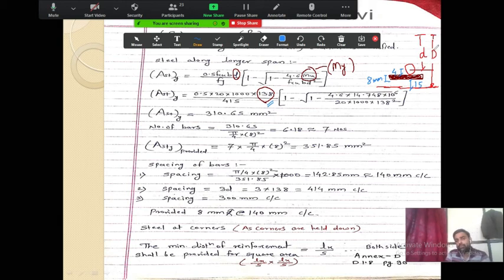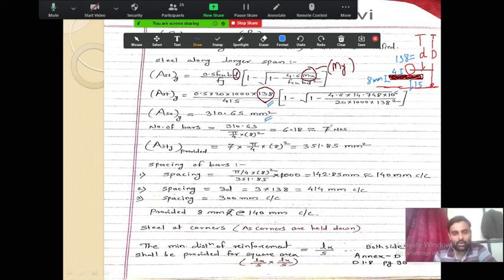If you remember the previous calculation, from 165, the total depth, we minus this 15, then we minus this 8, and then we minus 4, that is 8 by 2, then we get this value d as 138 in y direction. So that depth you must consider while calculating the steel in y direction. After you put all the values in the formula, you will get the value ASTY equal to 310.65 mm square. This is the value of ASTY.